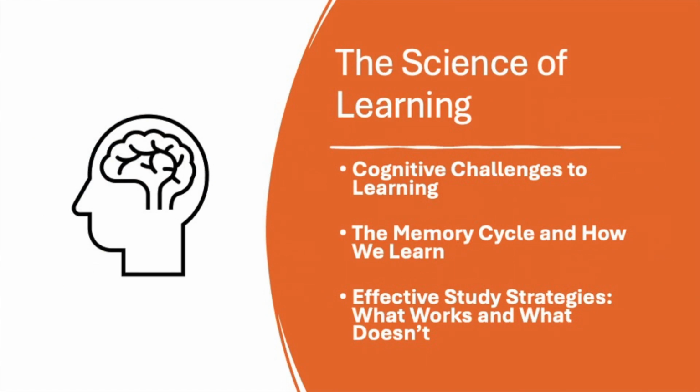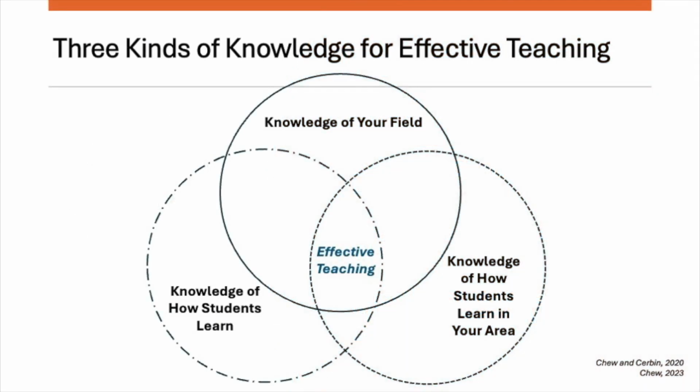So what I'm hopefully going to try to get through today are 3 major things. First of all, understanding what we mean by cognitive challenges to learning, and how our mindset and the biology and chemistry of our brain works. Second, the memory cycle and how we learn, so more into how we encode information, store information, retrieve it, and something called schema theory. And then what I'd like to get into is effective study strategies, basically what works and what doesn't. Hopefully we can get through all those 3 things today. There's going to be a little bit more audience participation in that. All right, so,